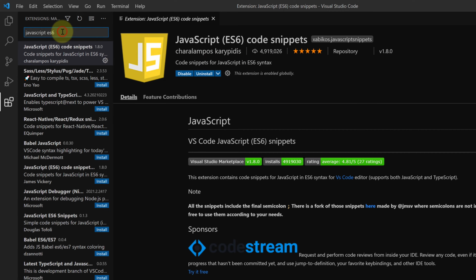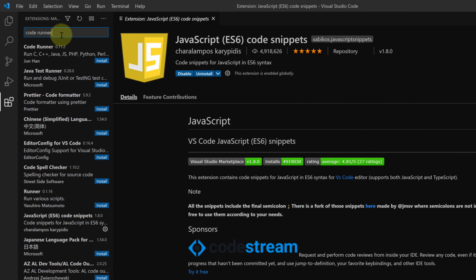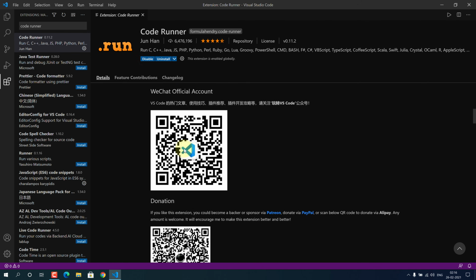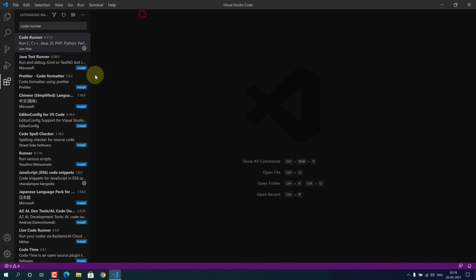Now clear the search field and type code runner and select the first option. Make sure it is from Jun Han and click on this small install button. You can run the code by pressing Ctrl+Alt+N, and to stop the code from running, you can press Ctrl+Alt+M. We can now close all of these windows.